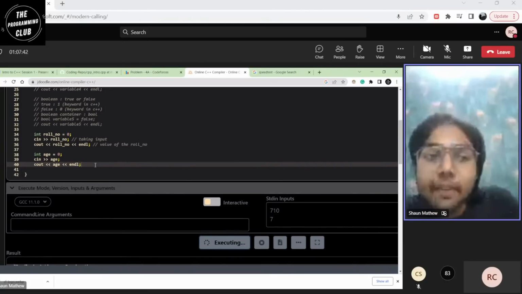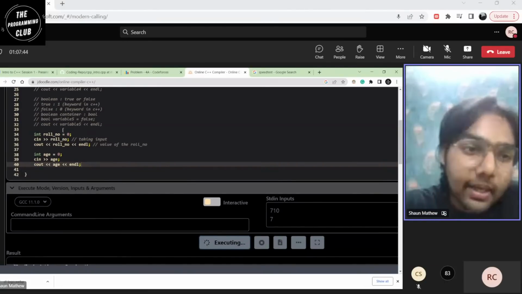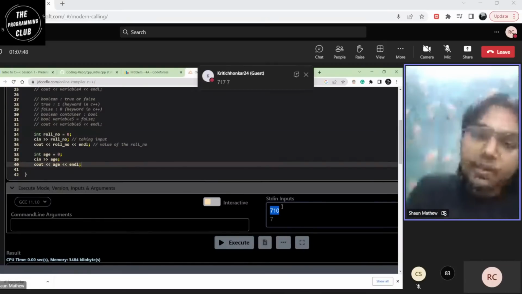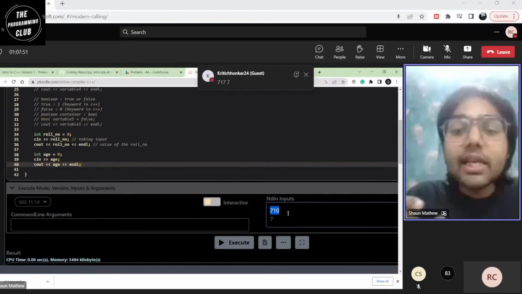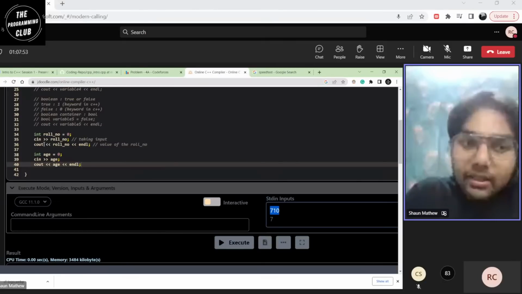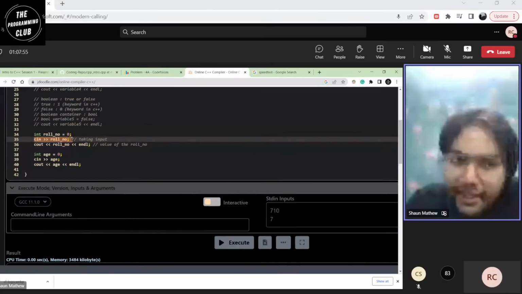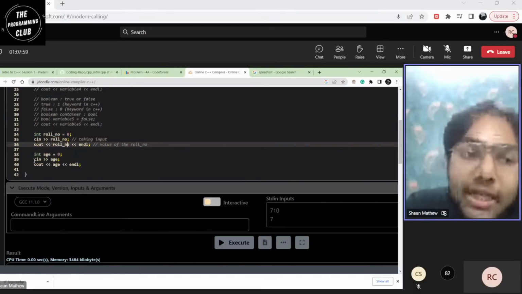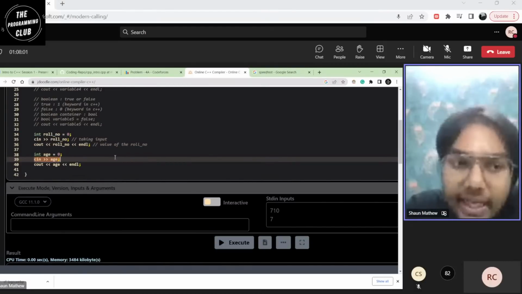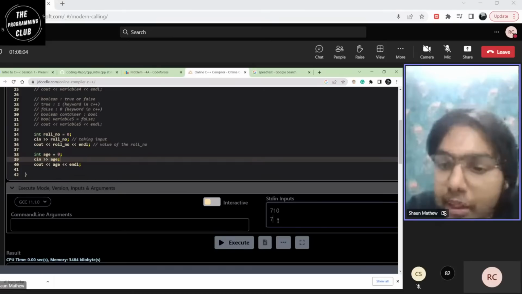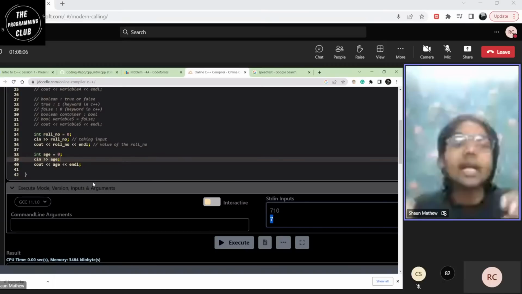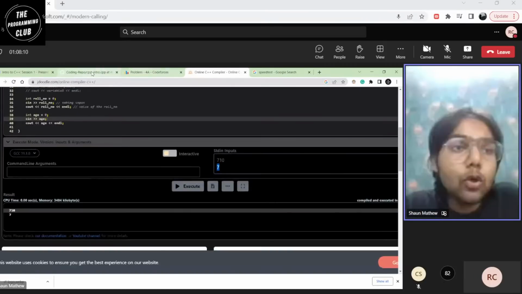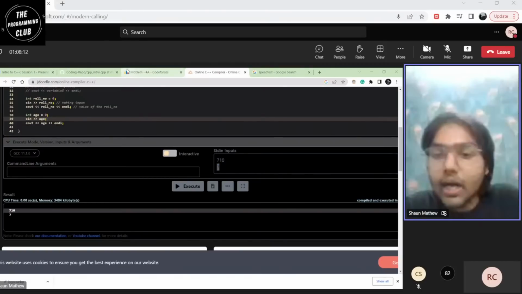The first time my program asks for an input, it checks the first input which is given, which is 710. It takes in the first input, 710, and assigns it to rollnumber. The next time, it calls cin again for age. The next input given is 7. It takes 7 and assigns it to the container age. So am I clear till here? You guys have to give me a thumbs up or ask your doubts pretty soon.